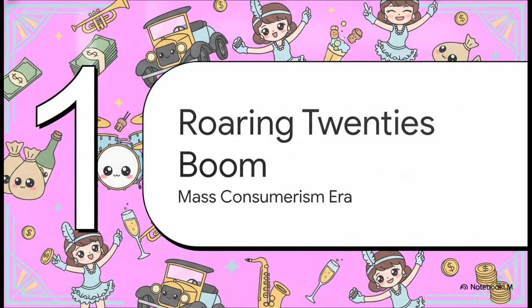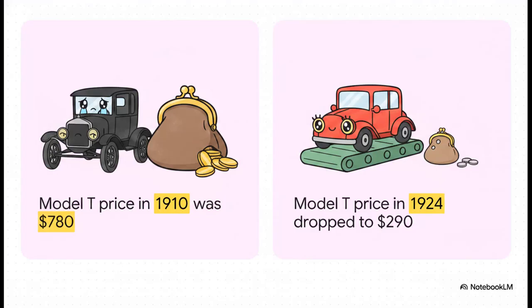Morals were a bit looser, the parties were definitely bigger, and prohibition, well, that meant very little to this new, liberated generation. Check out this comparison, because Henry Ford completely revolutionized transportation in Detroit. By streamlining production, he dropped the price of a Model T from $780 all the way down to just $290. Suddenly, everyday people could actually afford one. By 1927, the 15 millionth Model T rolled off the moving assembly line.